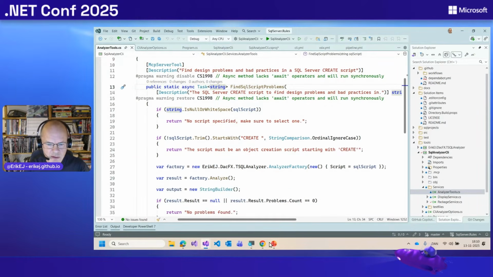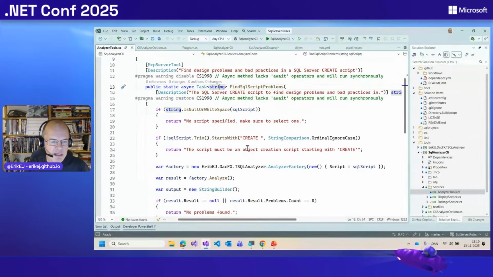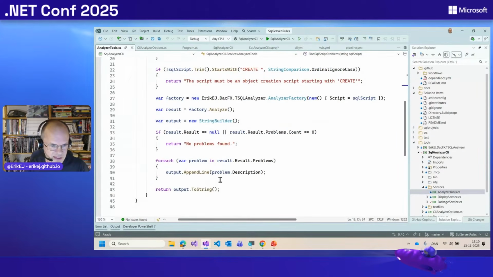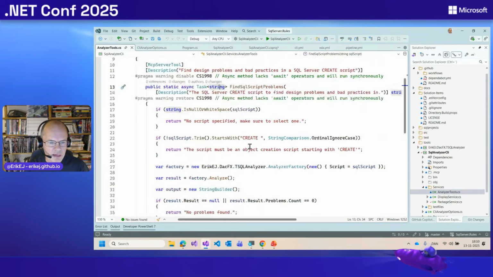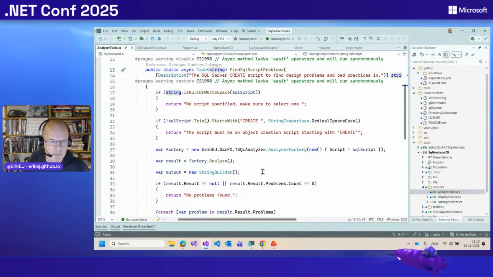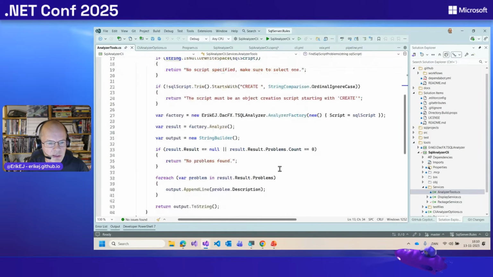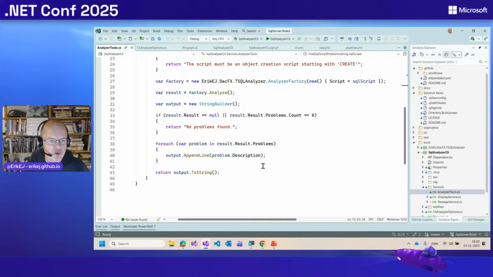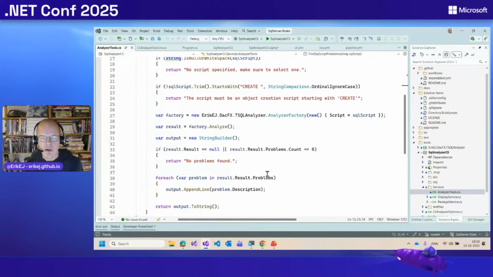It takes a string, which represents a SQL script, and it returns the result basically just as text. I think in the newer versions of the library, there are options to make the results more strongly typed and more structured, but it works quite well by just returning text. The important thing is that even if errors happen, you shouldn't return raw errors, because imagine that you're interacting with something that the AI agent is reading. It should be human readable text, not necessarily technical error messages.